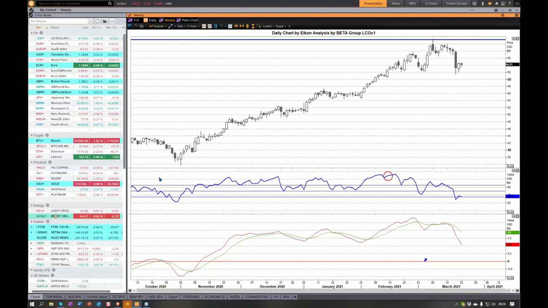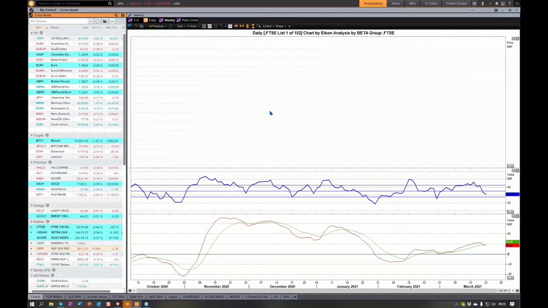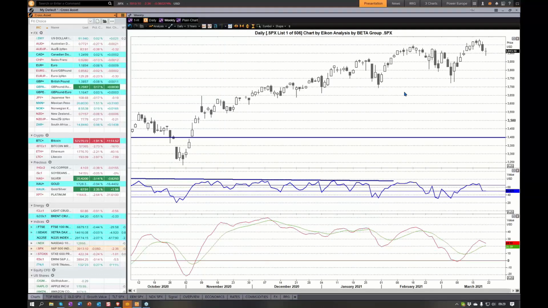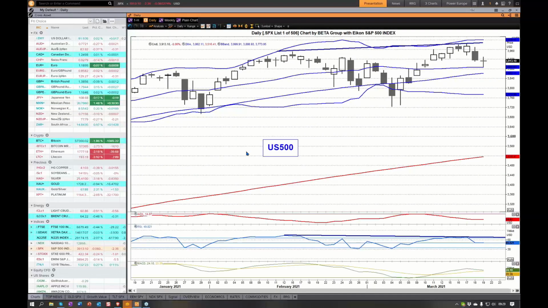Okay, sorry about the chart problem there. Okay, moving now to the stock market, the US 500. Here, so again, we've lost my label here, but we're still going up. In the long-term perspective, the rising lows pattern is still intact. We have had a